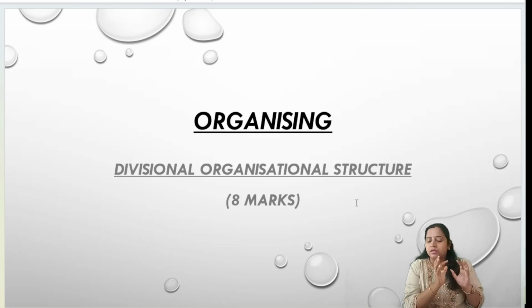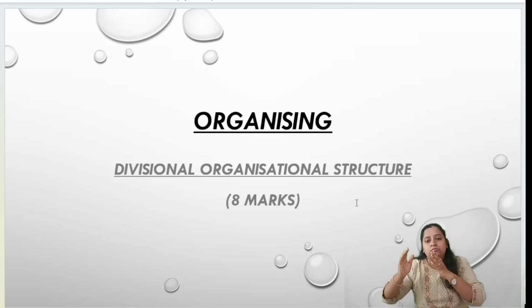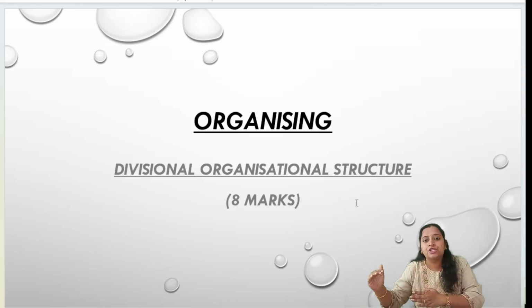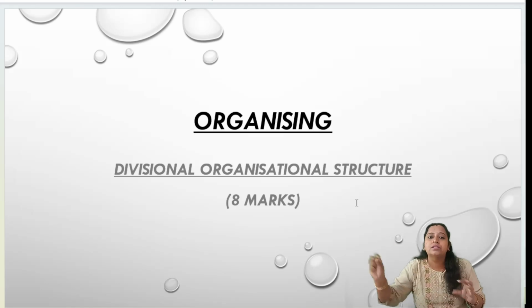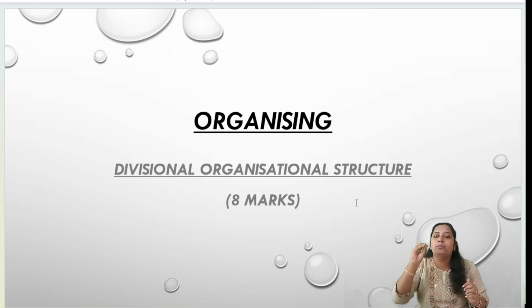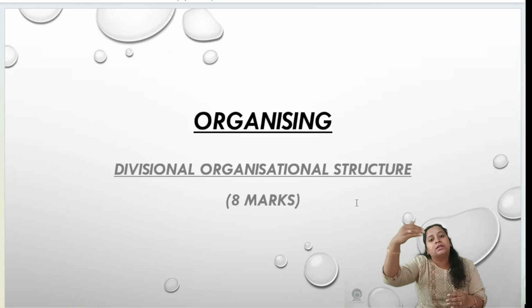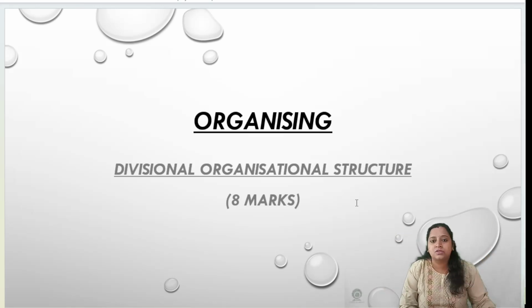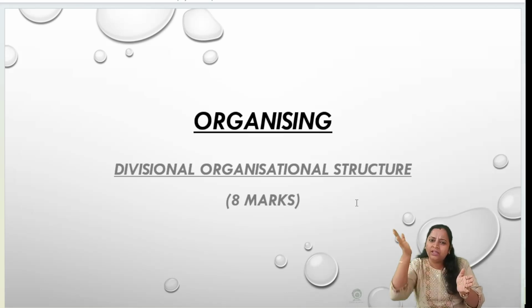In the previous class, we discussed the functional structure. There, we were grouping the activities depending upon the functions they have to perform. Under one product, you'll have marketing, finance, research and development, production, sales, like that. Different functions will be there. Each function will be headed by one person, the manager, who takes care of all the activities under his function. That was your functional structure. So now, what is your divisional structure?